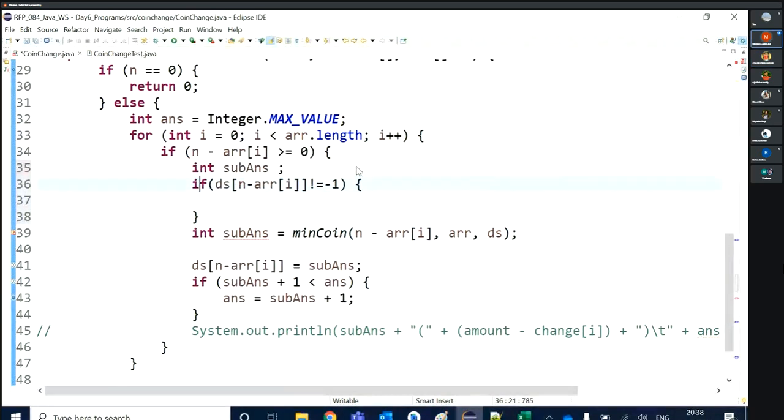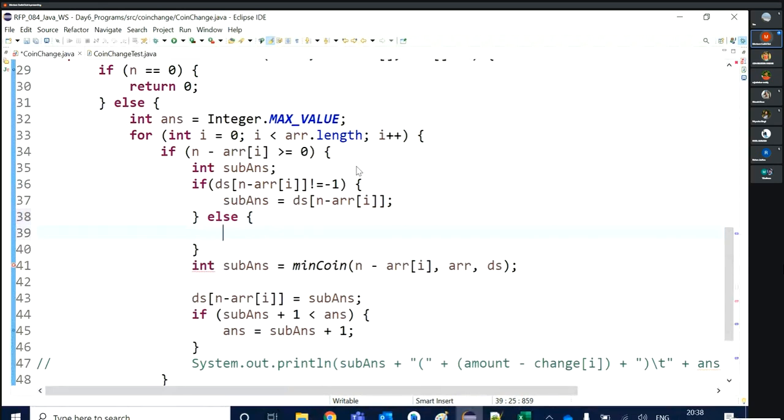I have declared the sub answer here, but if I already have the answer for my 11 amount, I can directly use the sub answer from the DS array of I. Getting me? And this calculation you can put inside the else part.